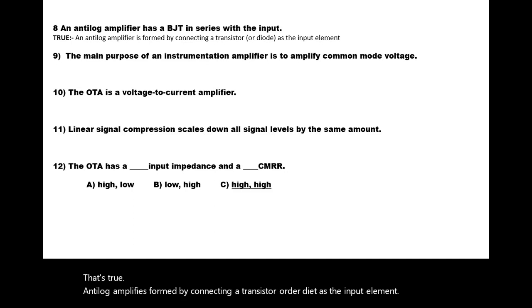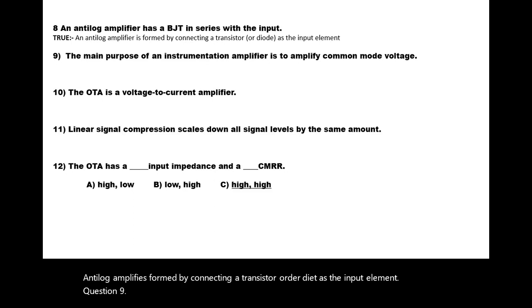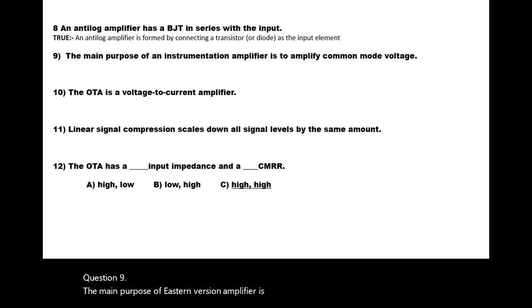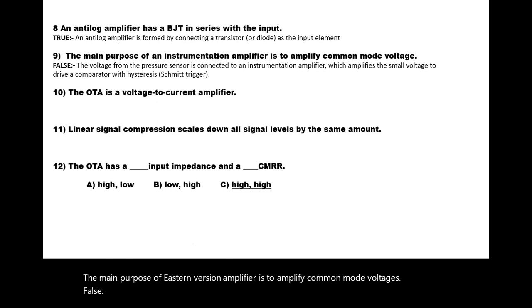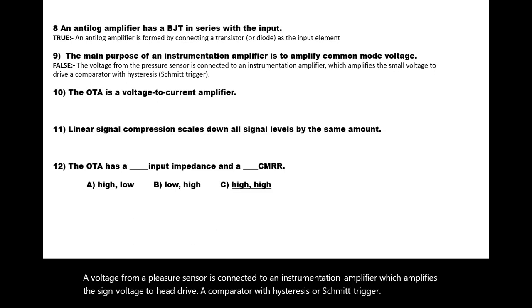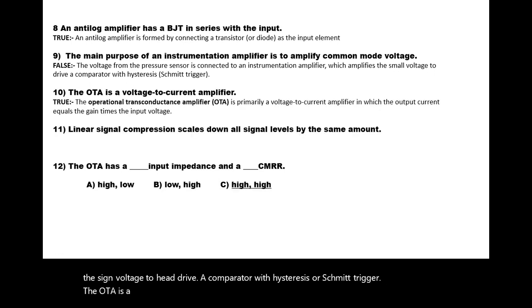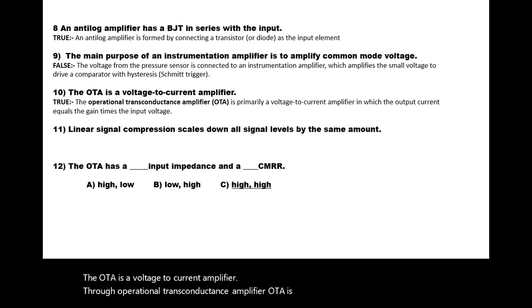Question 9. The main purpose of an instrumentation amplifier is to amplify common mode voltages. False. A voltage from a pressure sensor is connected to an instrumentation amplifier. It amplifies the voltage to drive a comparator with hysteresis, or a Schmitt trigger. Question 10. The OTA is a voltage to current amplifier. True. The operational transconductance amplifier, OTA, is primarily a voltage to current amplifier, in which the output current equals the gain